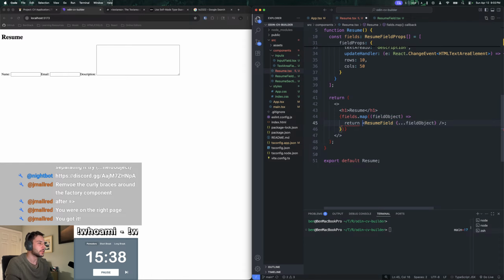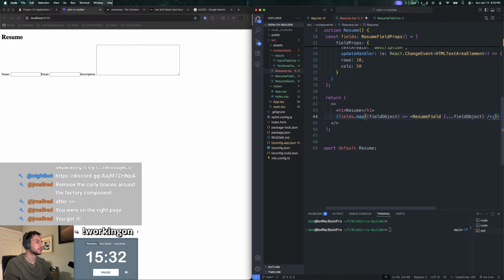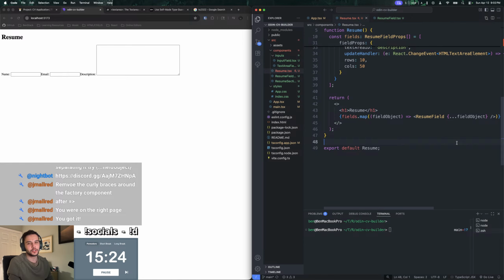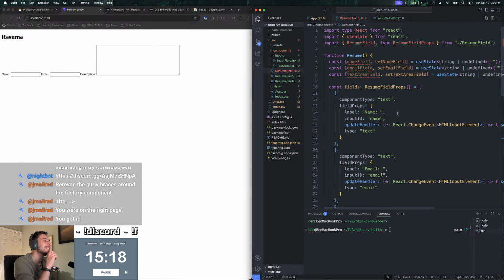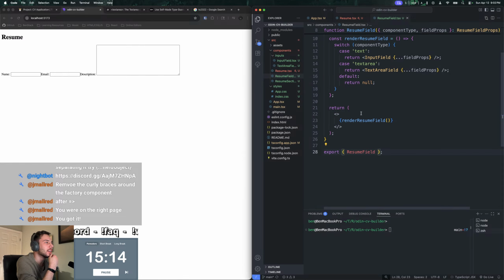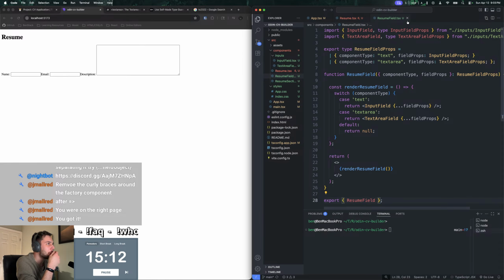But we can just do this. Because when you don't have the curly braces, this is implicitly returned. This is just like JavaScript-isms that I just forget. It just drives me nuts. Okay. All right. We got it. Okay. W in the chat. Okay. Now,